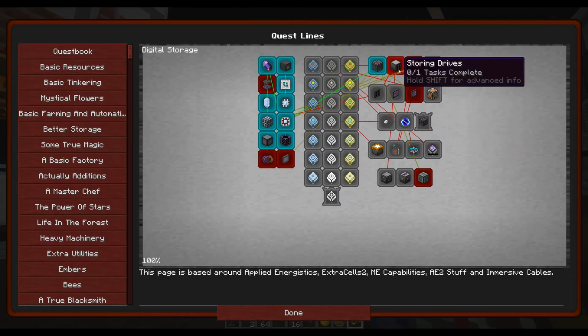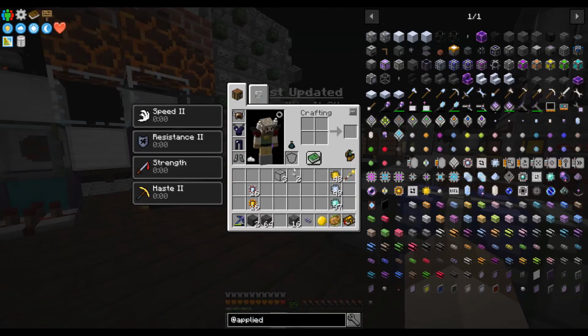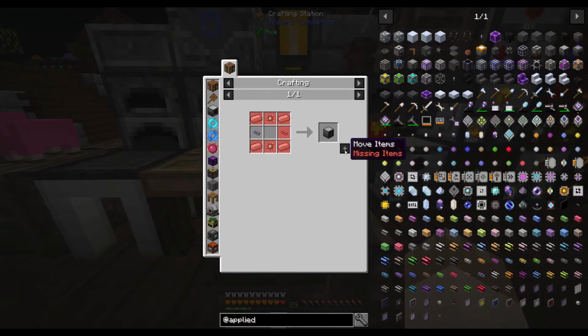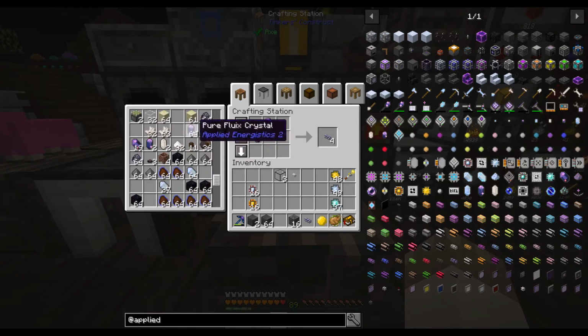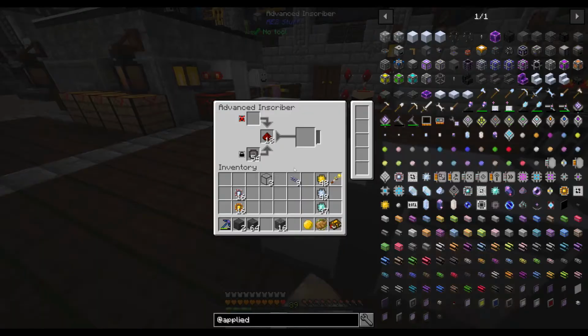And then we need to get the storing drives. We need to get the ME chest and the ME drive. Okay, so let's look at the ME drive first. That's engineering plus some glass cables, an iron ingot. Do we have the stuff to do that? No, we're missing iron, some cables, and things of that nature. I don't want to use those. I want to use the pure. Can I use the pure? I can use the pure. There's that. So we'll come back over here. We can throw...